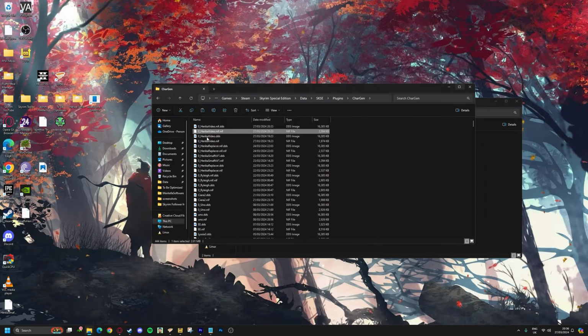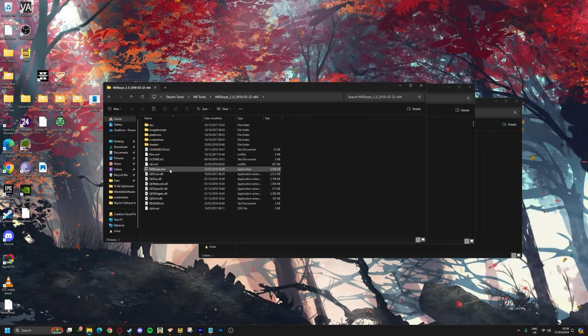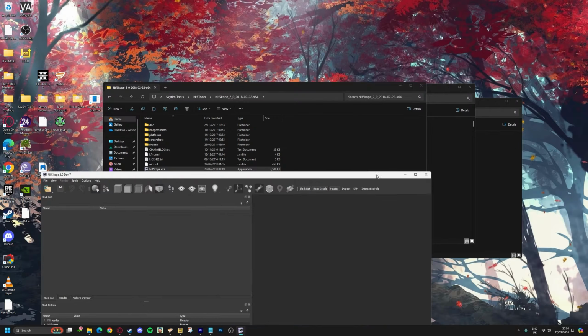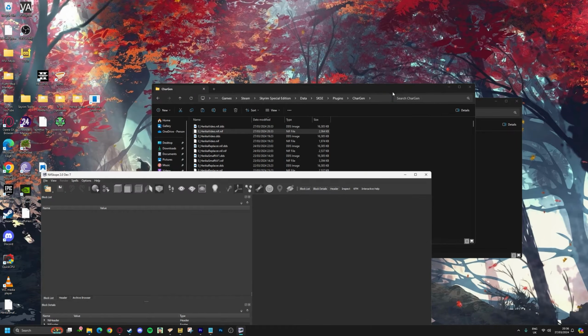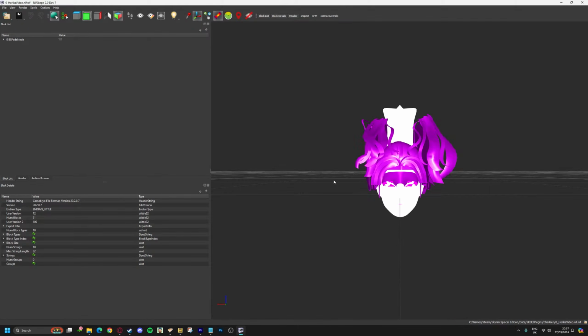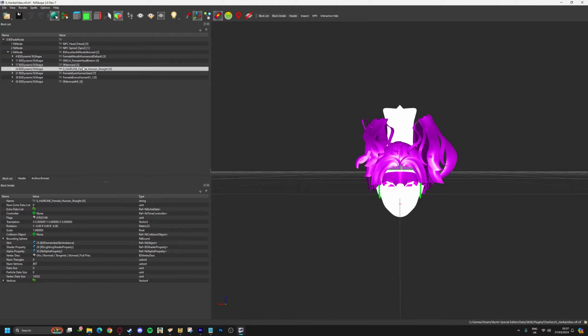We are going to use NifSkope now to open the NIF file and see what textures are being used on the head. Open NifSkope, then drag and drop the NIF file onto the right side. The head looks odd, but that is the exported head mesh from earlier. Expand the arrow in the top left, then the next arrow. Each line here is a different part of the head, the mouth, the face, the hair